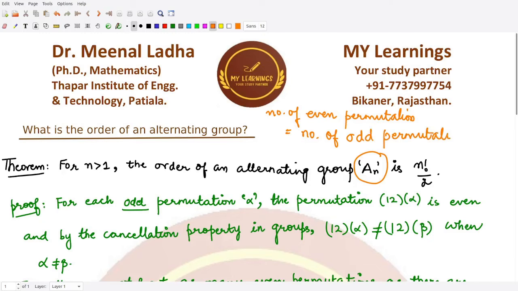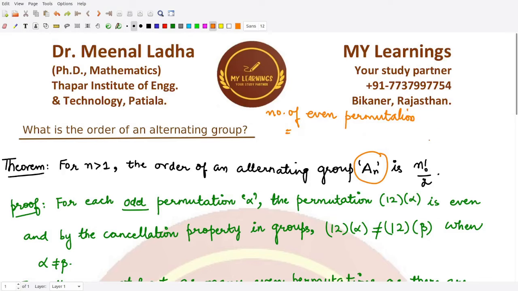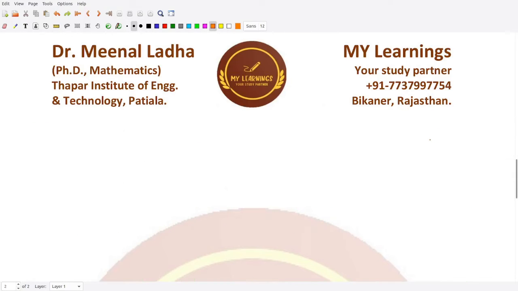The number of even permutations is equal to the number of odd permutations, because when they are taken in total, they form the elements of Sn, and we know the order of Sn is n factorial. If both of them are equal to each other, then it would just be half of n factorial, right? So this is the point here. For the proof, we see that if we consider one odd permutation, say